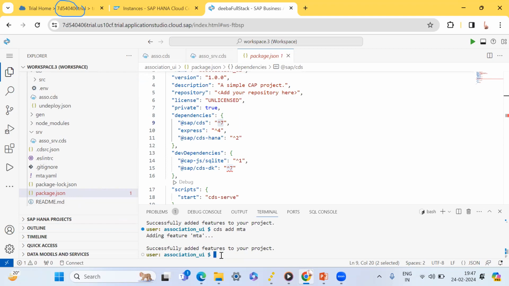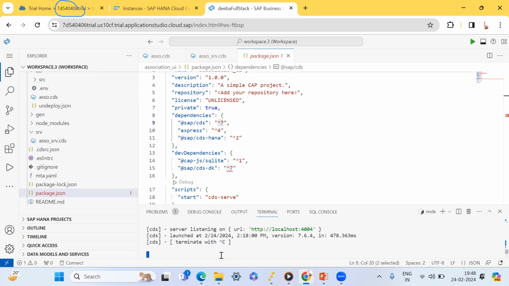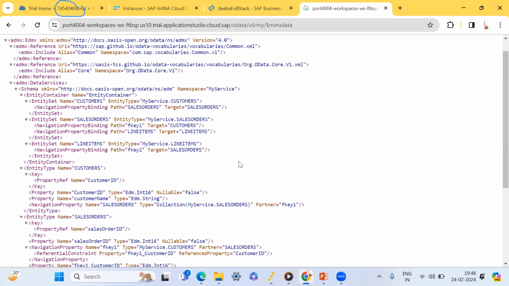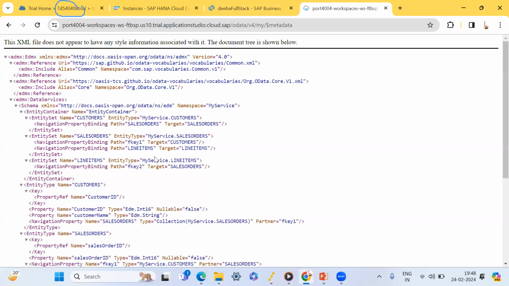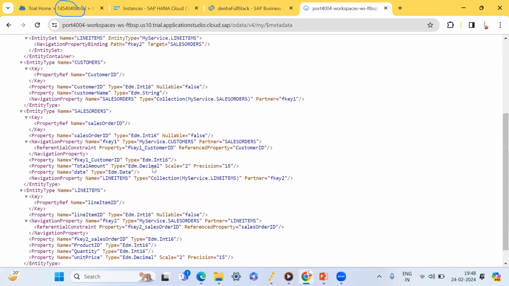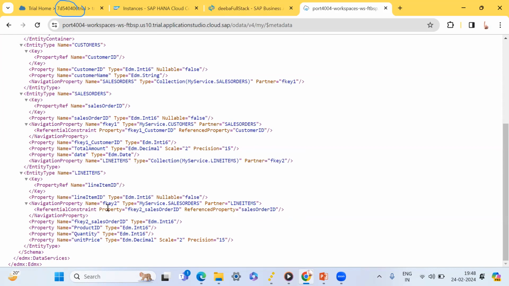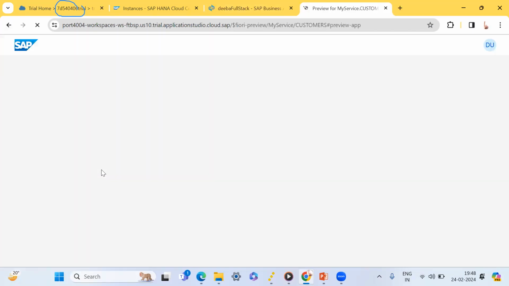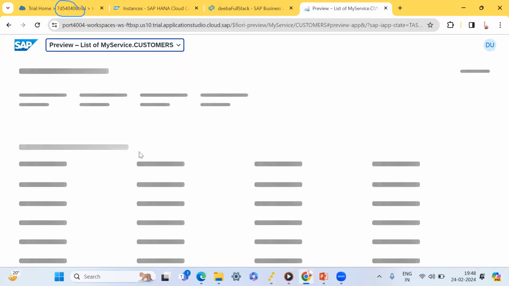So let me just do a CDS run and check the position. When you do a CDS run, you will see the endpoints for our services, for our entity sets, and you have the metadata over here. You see we have got our 3 entity sets in it, and it also talks about the navigation between the entity sets. And if you go into the Fiori preview, since it doesn't have any data,